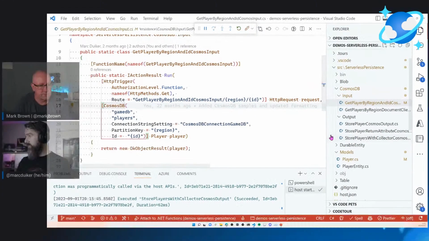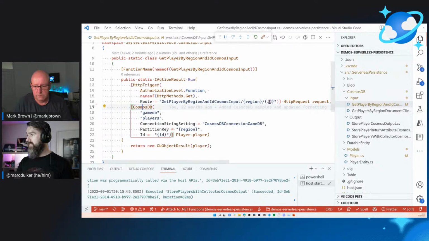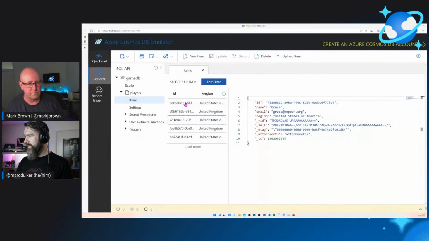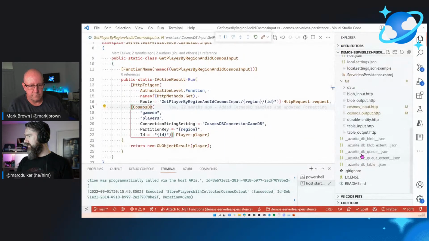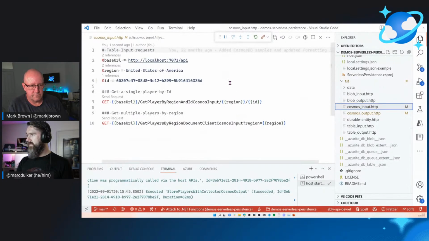So let's run this as well now. But we actually need an ID that's actually stored in Cosmos. So let me first have a look at what our ID is. For instance, if you want to retrieve this first record, we need this ID. All right. And let's go to our test file